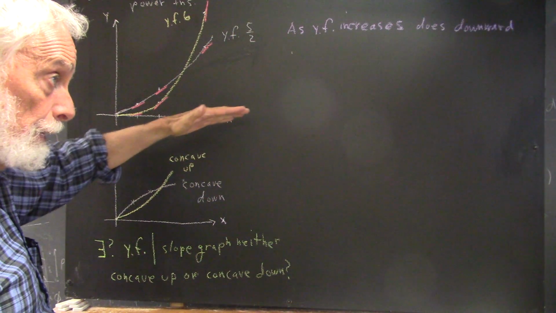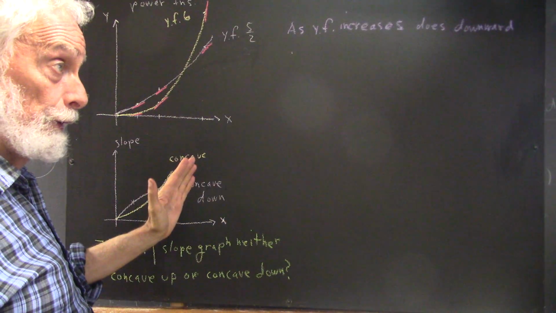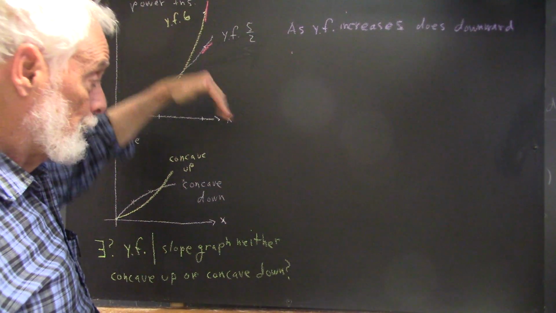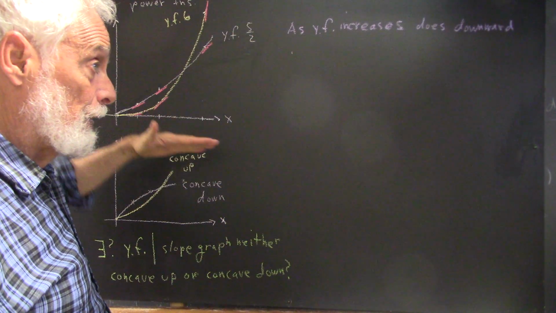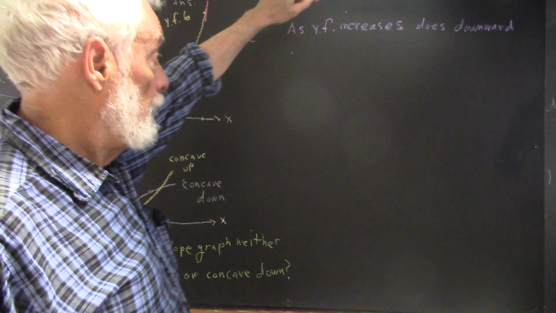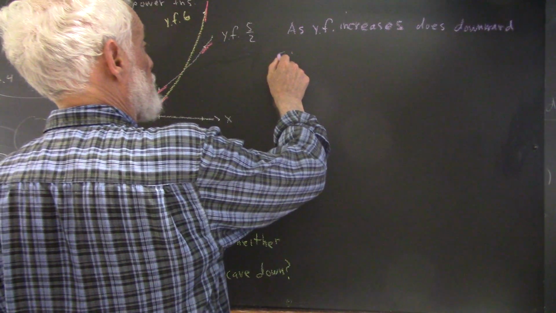Concave down means like this, concave up means like this. It's like you're in a cave. If you're in this cave looking out, well, this cave is looking down. This cave, if you look out, you're looking up. Okay, well, in any case, as y factor increases, there's a downward concavity